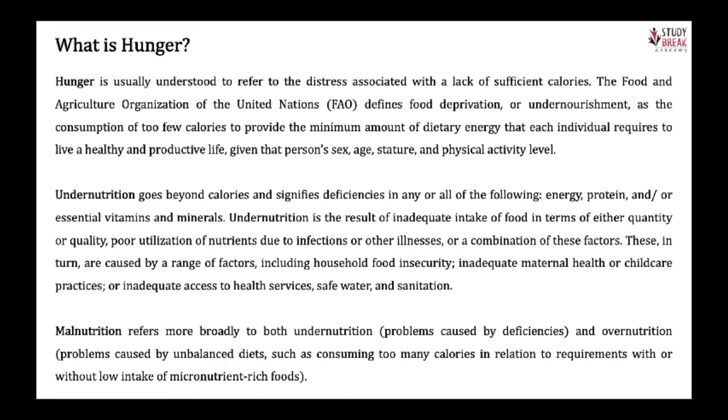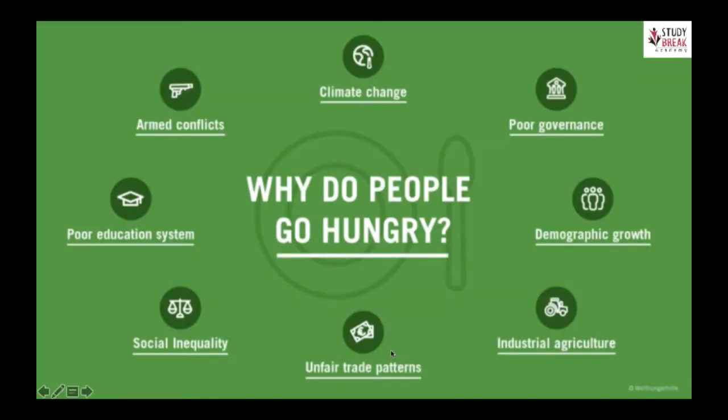What is malnutrition? Malnutrition is both undernutrition and overnutrition. That is, you consume lower than what your body requires. Generally, we know around 1200 calories is what is required every day, broadly. And overnutrition is more than what your body requires. If there is any kind of discrepancy, then there is a lack of micronutrients in the food. All right, let's move forward.